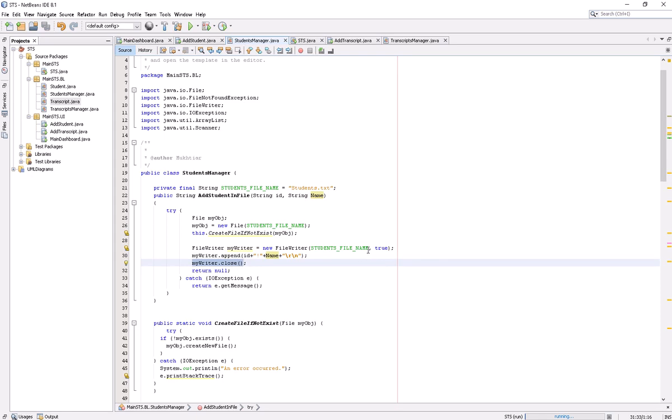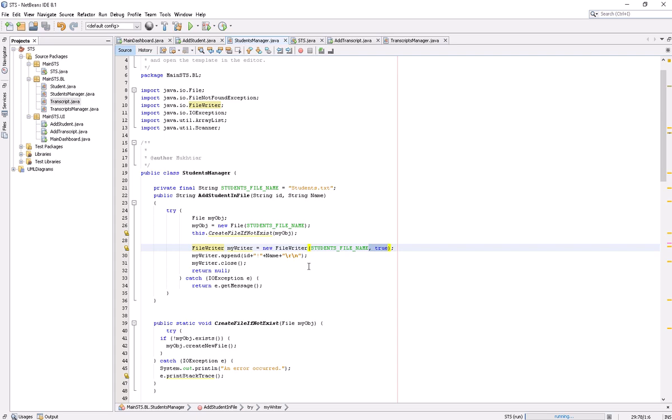One thing you need to notice is that when you are creating the file writer object, if you do not pass the true value here, it will always be created in create mode. So each time it writes the data, it will overwrite the file. If I provide true over here, it means I am opening this file writer in append mode.